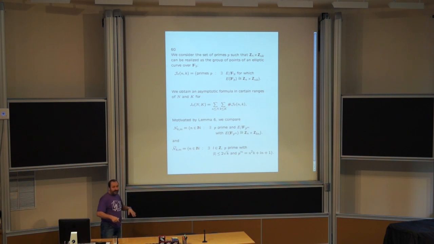And one way to try to say something interesting about the sets is to address the following function, or the following set first. We fix a pair n and k, and count the number of primes for which this group,